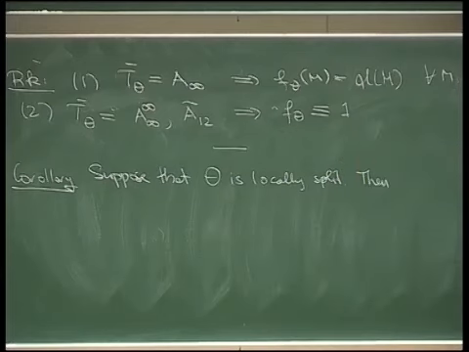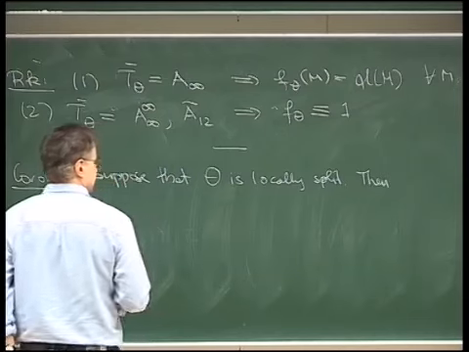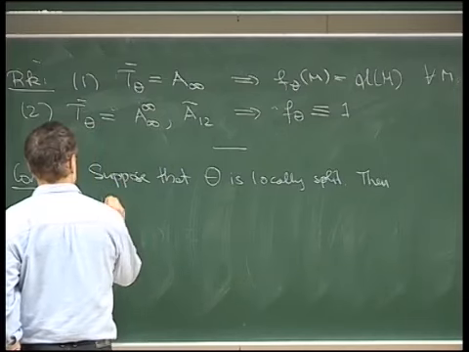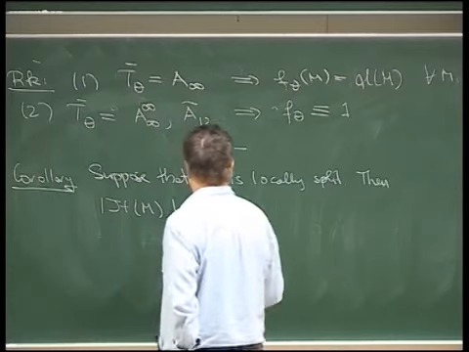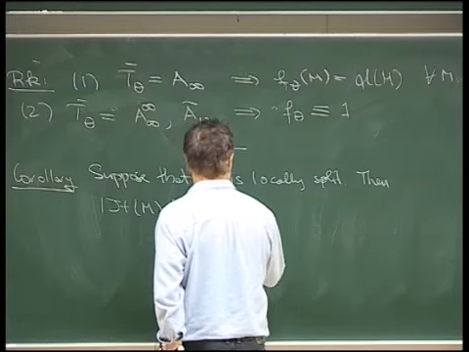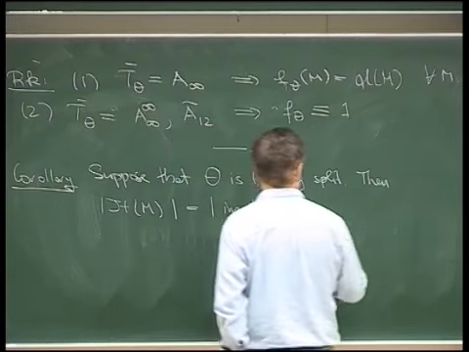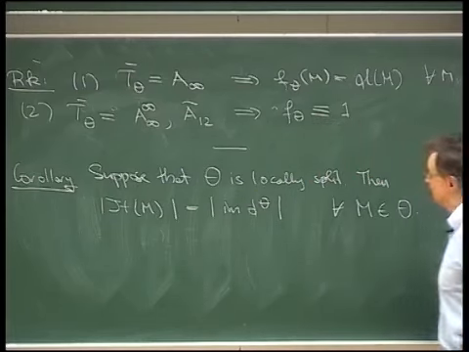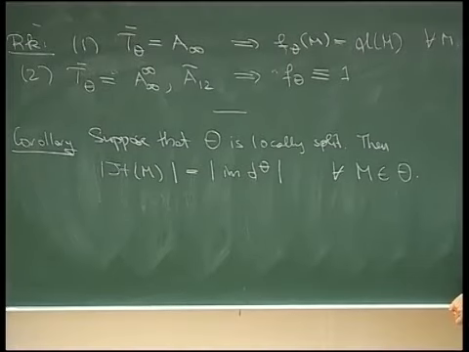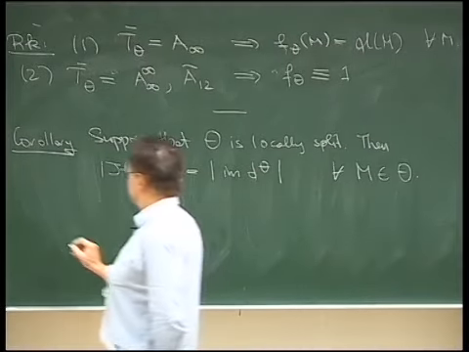Then you see here that the number of elements in the Jordan sets doesn't change. So then actually what you get is that the number of Jordan types is just the image of this function d theta for all m in theta. So here we have a new invariant of an